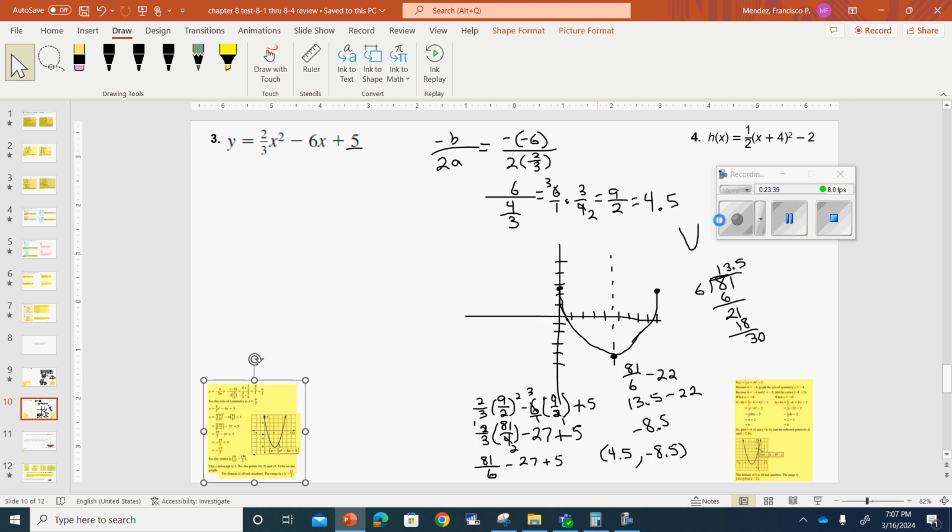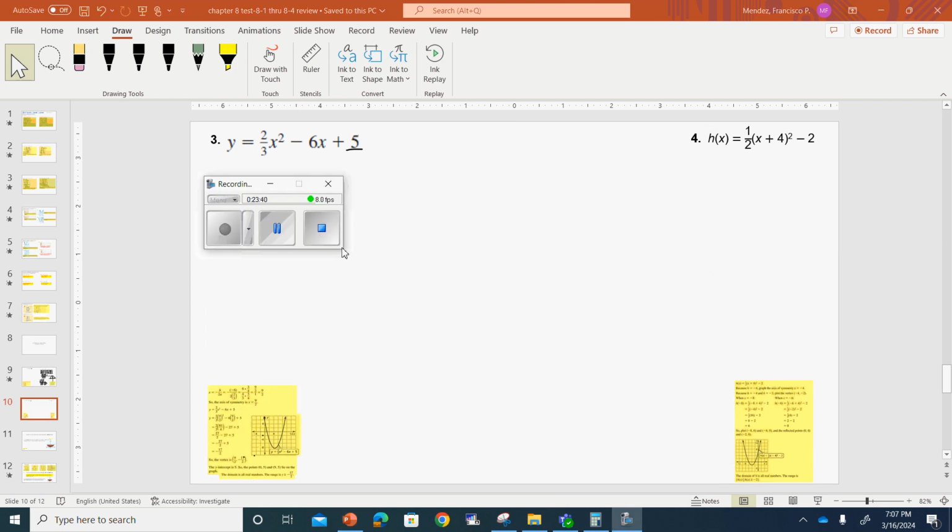And I'm going to erase all this. I don't want you to wait for that. Let's go to number 4. Now it says graph over here. I've got h of x, and it's got 1/4 times (x + 4) squared minus 2. All right, so if we're going to use this, we're going to say that we've got,